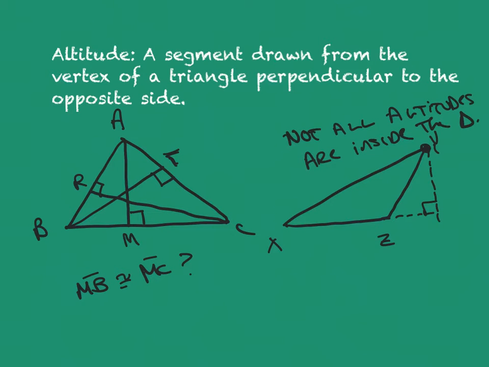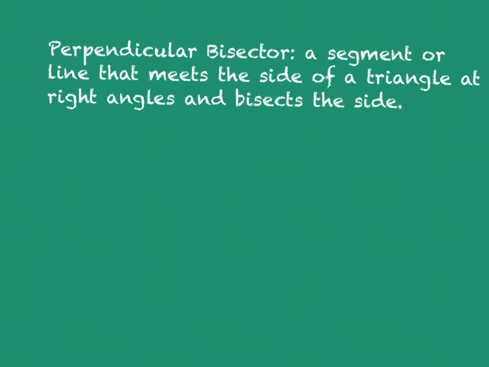And that's going to be a very important fact that will come up later in the year. We'll run into that a lot as we're talking about area. All right, let's go on to the last type of segment in a triangle that we're going to discuss, and that's perpendicular bisector. Okay, perpendicular bisectors are segments or lines that meet the side of a triangle at right angles, and they bisect the side. So let's be careful with that, because